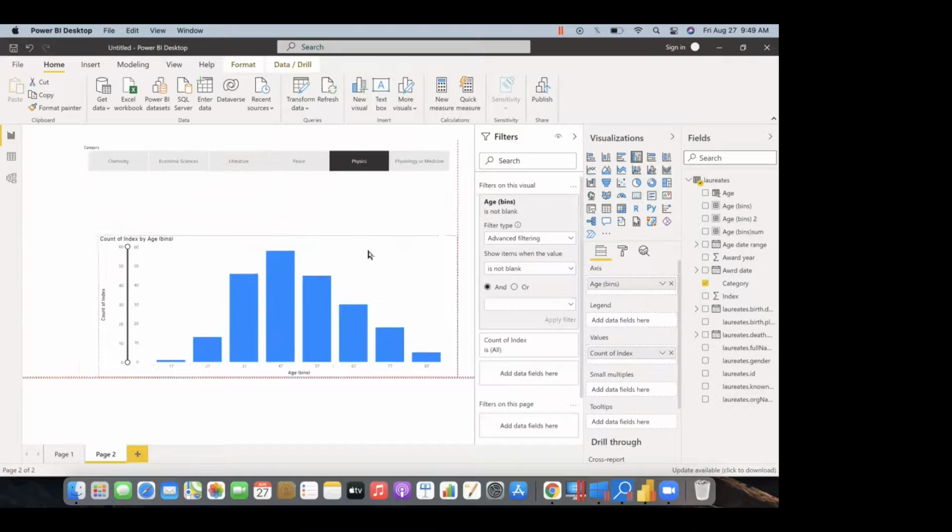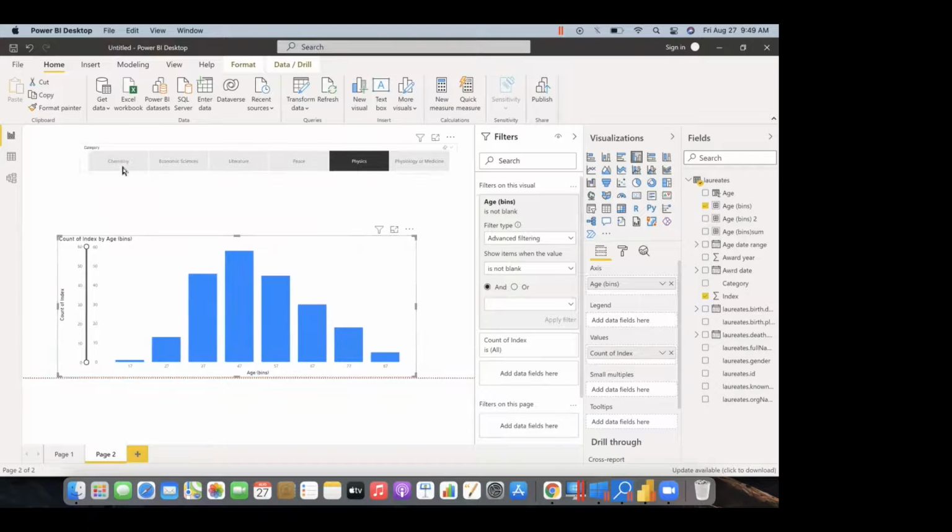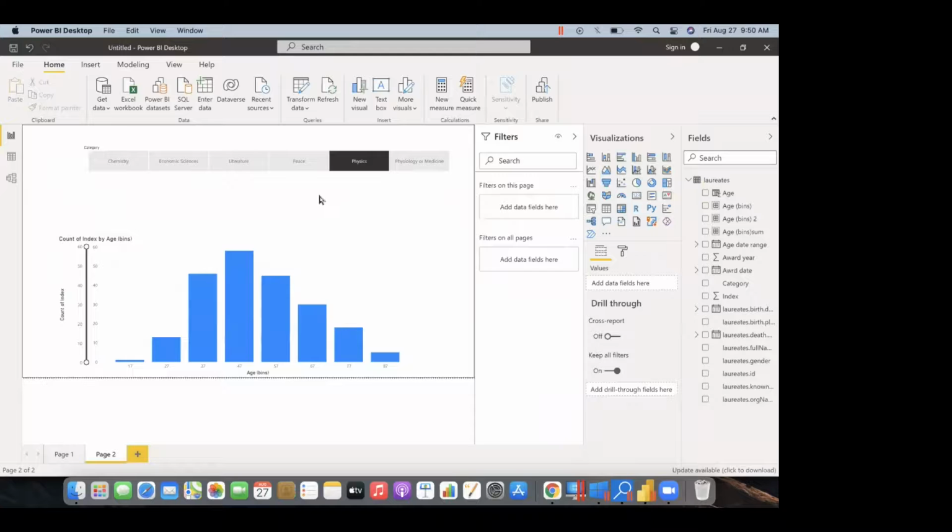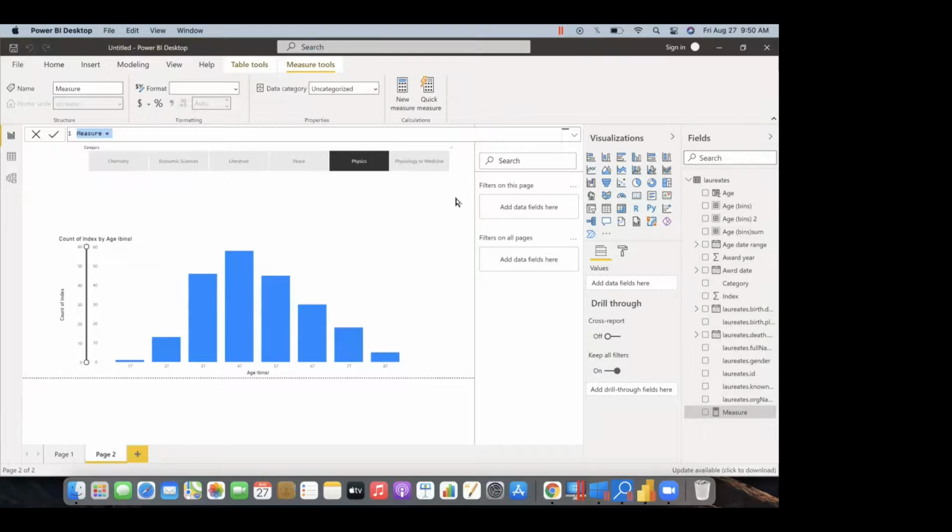So this is the histogram, and then if you want to add how many blanks or how many unknown ages, a number of unknown people with unknown age, and how many known, and the minimum and maximum age. So what we can do is add the measure. So we'll use calculate, and